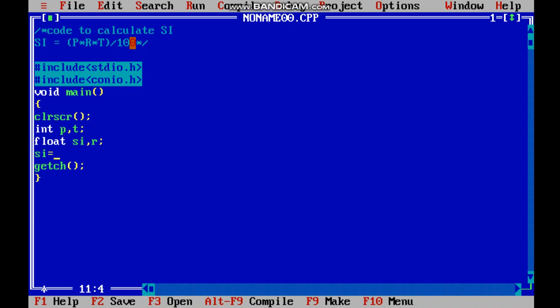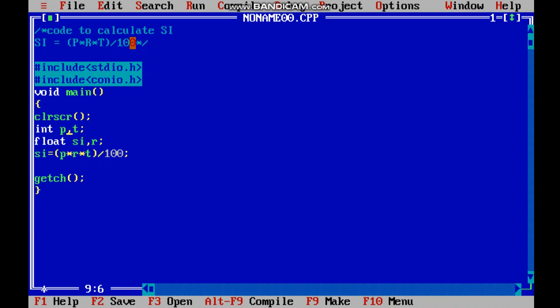SI is equals to P into R into T by 100. Yes, now we have to put a semicolon or we'll get an error. As you guys see, I think I'm not going to take values from the user.